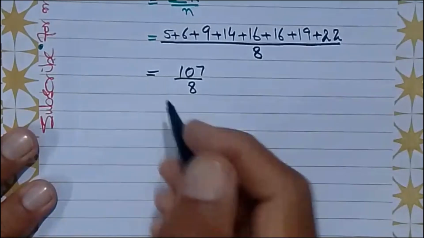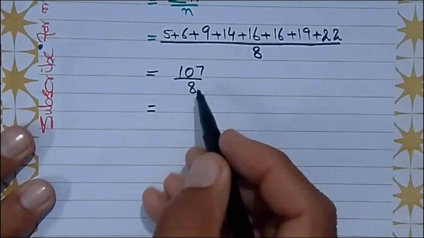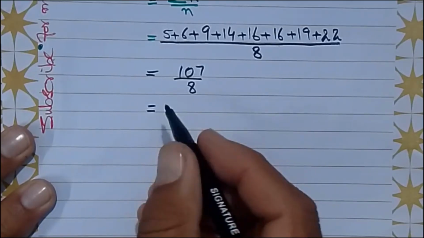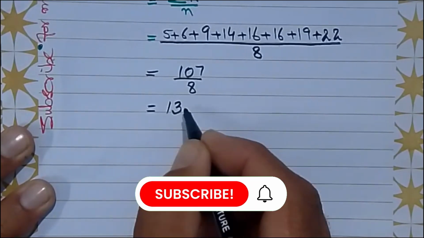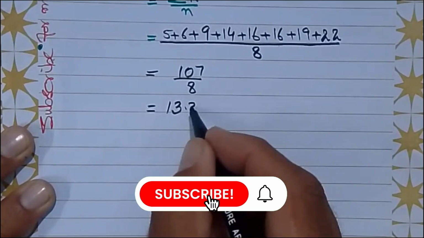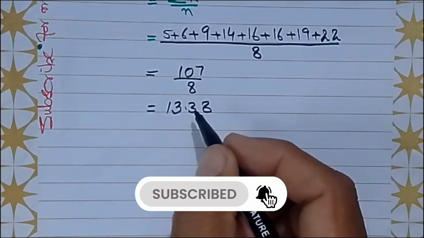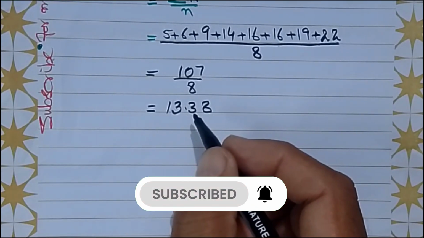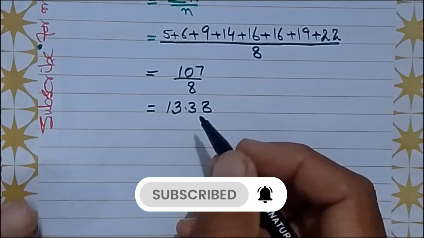107 over 8 is equal to 13.38 approximately. In the second step, I will find